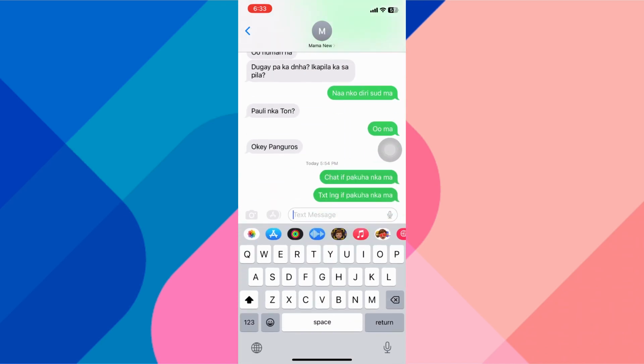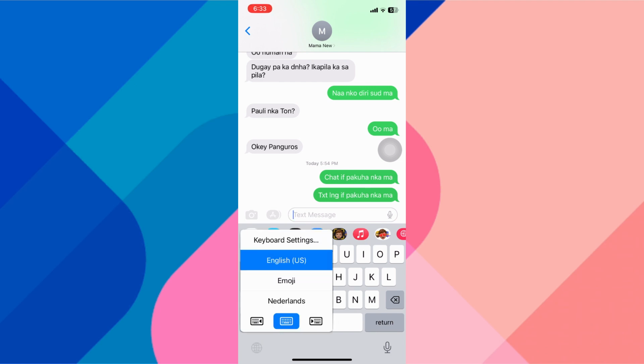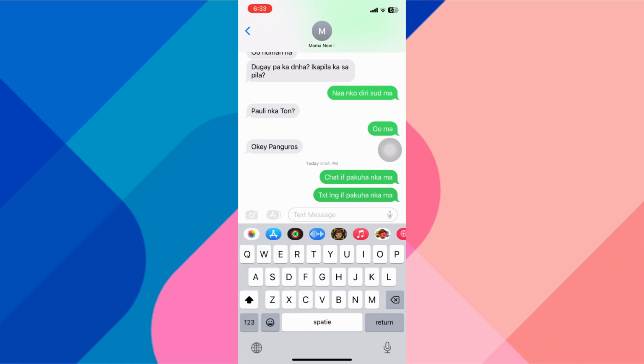You can see if I wanted to switch between different languages, there's a little globe icon at the bottom left. I can tap on it and it switches from English US to Netherlands, so I can switch it back and forth. Now if you don't see the ability to switch to different languages there, you can always hop out of here,